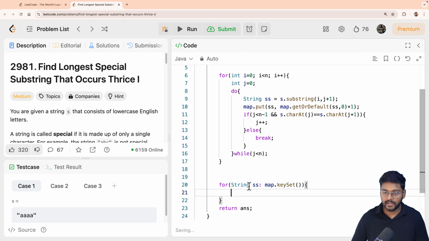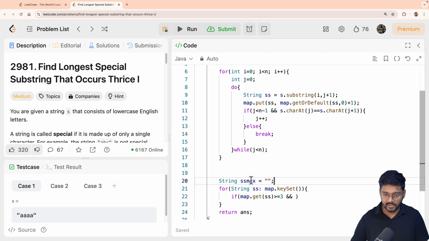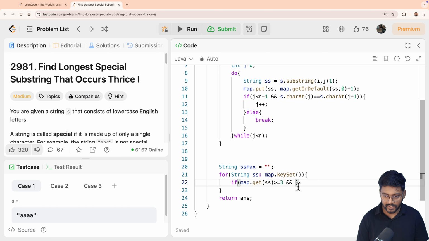Now what I will do is I will iterate over the key set. Key set is having all the special substrings, and now whatever substring is having frequency more than 3, I will try to capture the length of that maximum special substring. So if map.get(ss) is occurring more than 3 times, it means it is a valid candidate. So just capture the best candidate, string ssMax, let's say initially it is blank, this is the maximum candidate, and if special string dot length is greater than ssMax dot length,